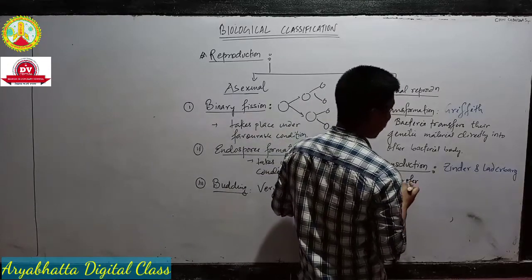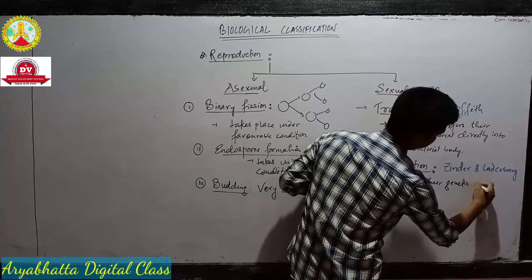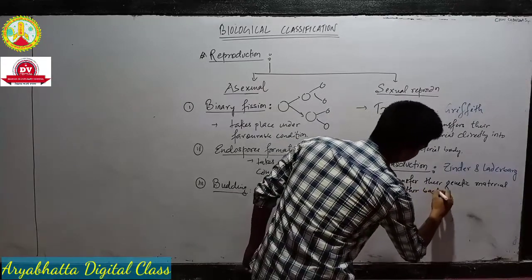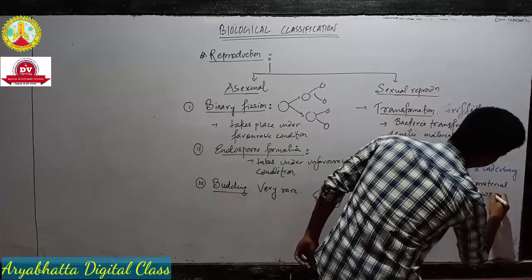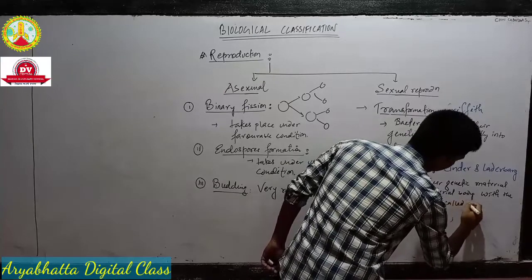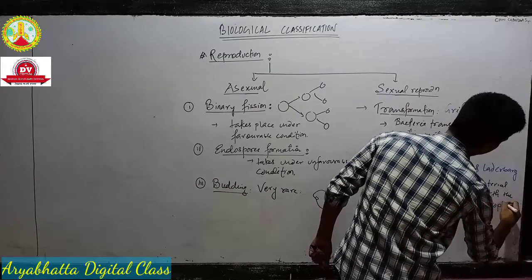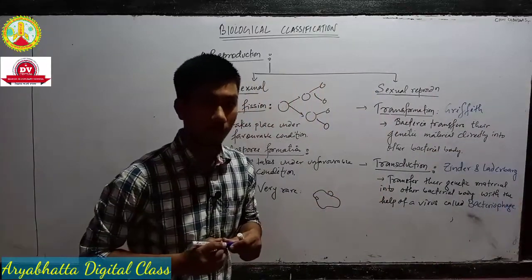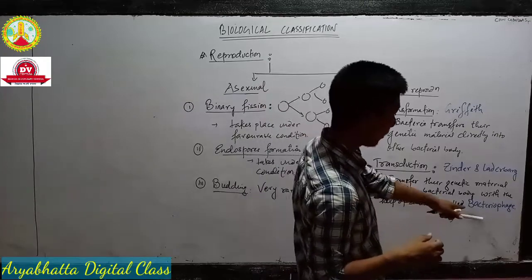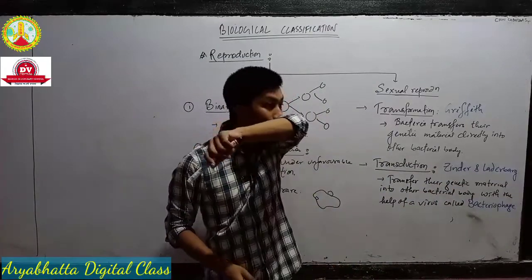So in transduction, the bacteria transfer their genetic material into other bacterial body with the help of a वायरस कॉल। वो वायरस का नाम क्या बोलते हैं? बैक्टीरियोफाज, ओके। द नेम ऑफ द वायरस इज बैक्टीरियोफाज। सो इन ट्रांसडक्शन व्हाट हैपन? One bacteria the first inject their DNA into the bacteriophage body. Now the bacteriophage will carry that DNA and it will transfer into other bacteria, okay।